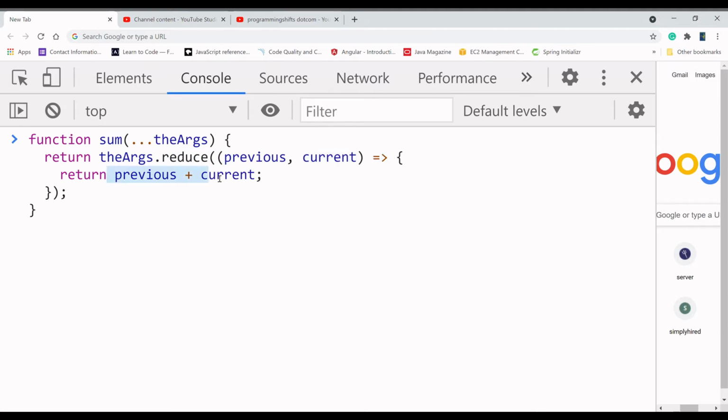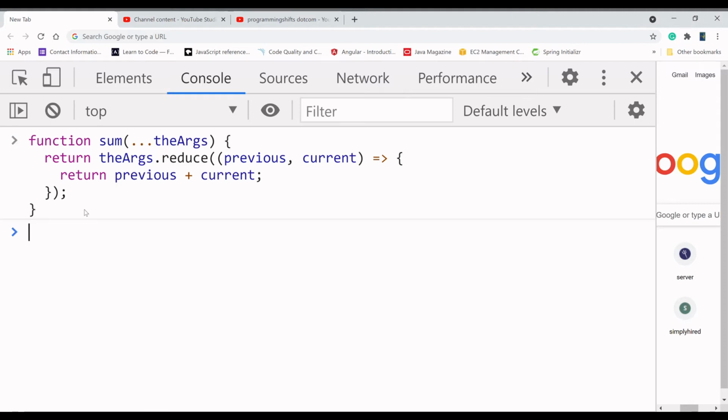It will calculate the previous value and current value from the arguments, and it will return. So if you have an infinite number of arguments as an array, we can use the REST operator directly, right?